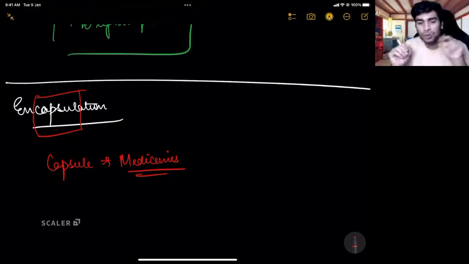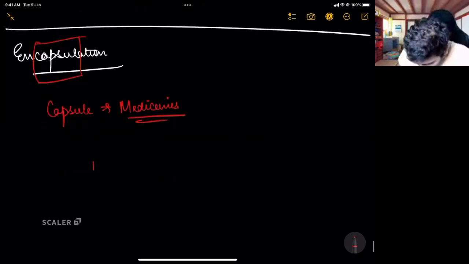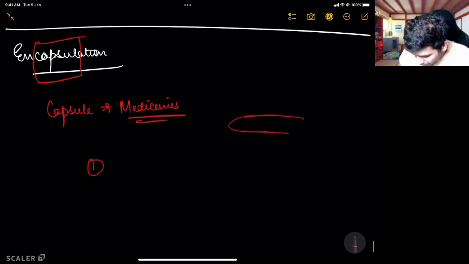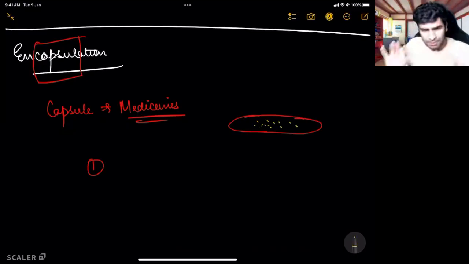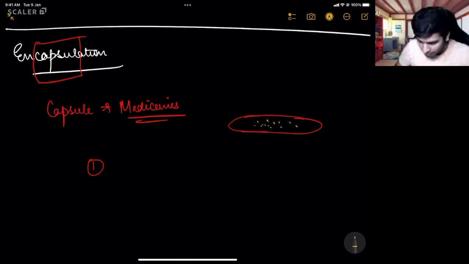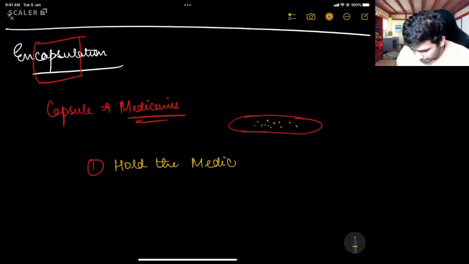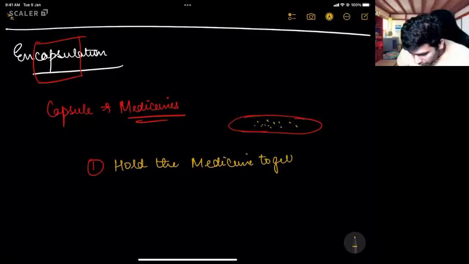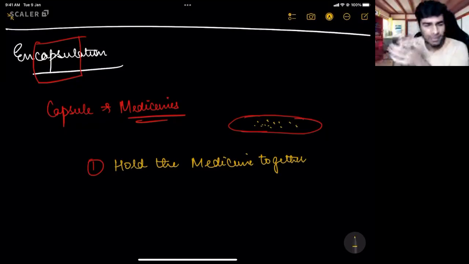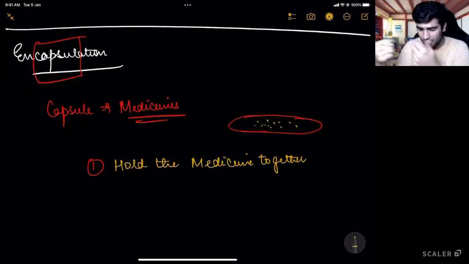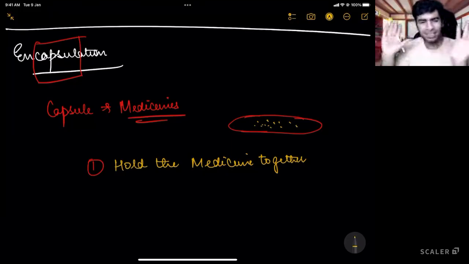Capsules actually have two works. The first purpose is that you have a capsule like this, and internally in the capsule, there is a medicine, right? So capsules have two benefits. The very first thing is they hold the medicine together, so they are a way to store the medicine. Either you can store the medicine in a packet, or some people even store the medicine in a newspaper or toffee wrapper as well. But they are nothing but a way to store a medicine.